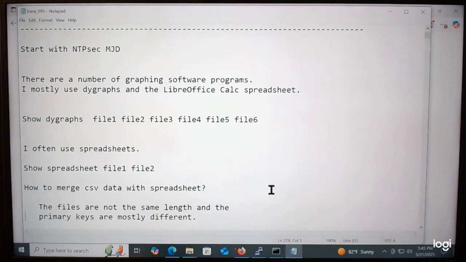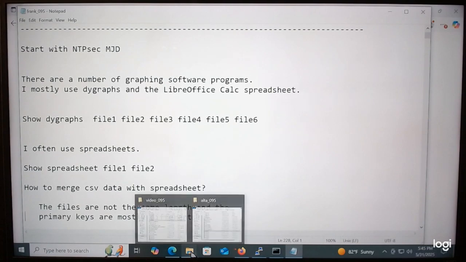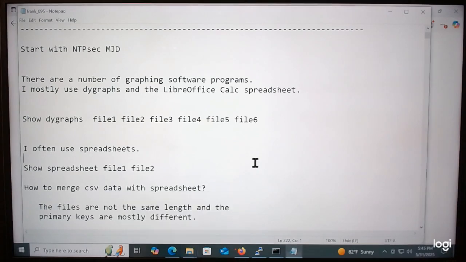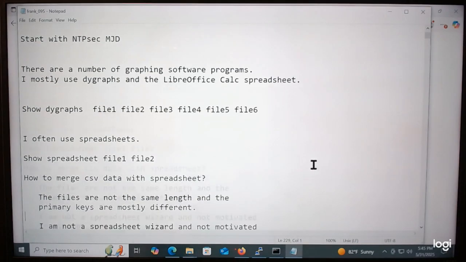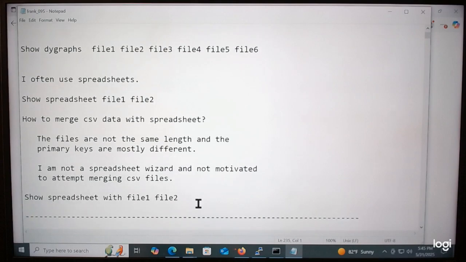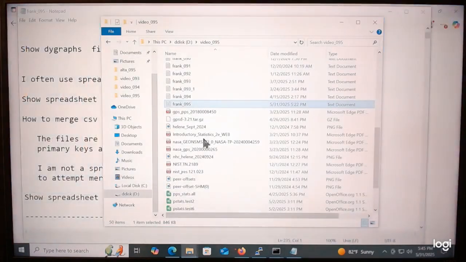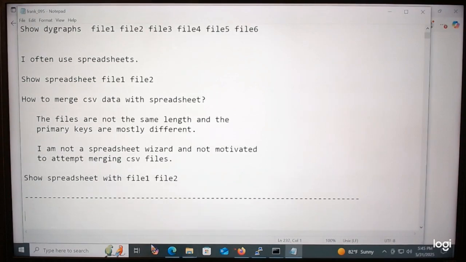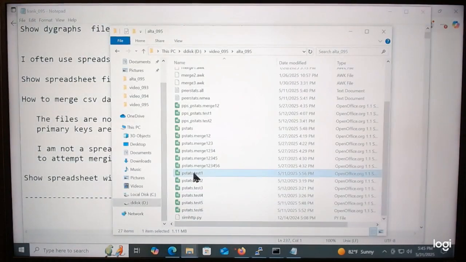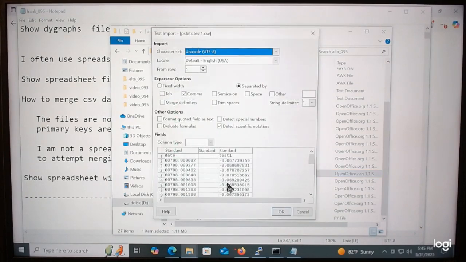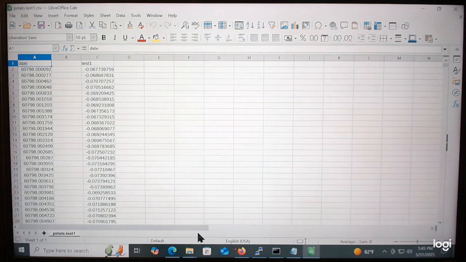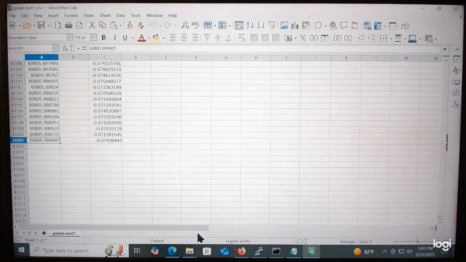And I often use spreadsheets, but let me just show you. Let me scroll down just a hair right here. I'm going to show you what those files look like in a spreadsheet. Oops. I think it's this one right here. Comma separated variables. That's file 1. That's what it looks like. Now, let me just go down to the bottom. See right here, that's 43,200